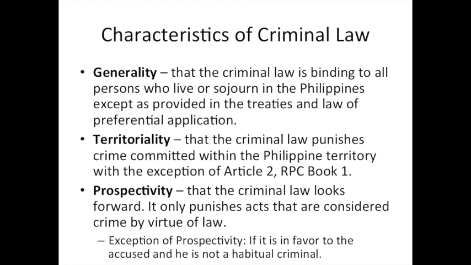Okay? The exception of prospectivity is if it is in favor to the accused and he is not a habitual criminal. Now, ito yung isang exception. For instance, in the year 2000, naging crime yung cheating sa klase. So, there were plenty of students who were being punished. Just an example, they were being imprisoned for 10 years. Then after 5 years, sa year 2005, so either binura or sinuspend yung criminal act na yon. So, what happens is, pwede ma-apply itong prospectivity. Kasi in favor siya sa accused. So, kung sino man yung nakakommit ng crime na yon in between 2000 and 2005, so they can benefit dito sa